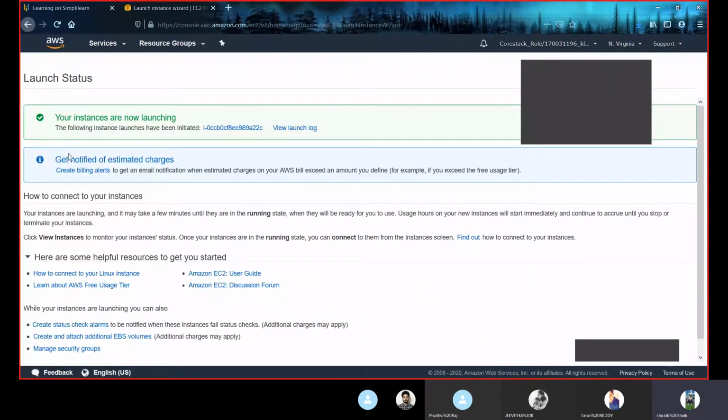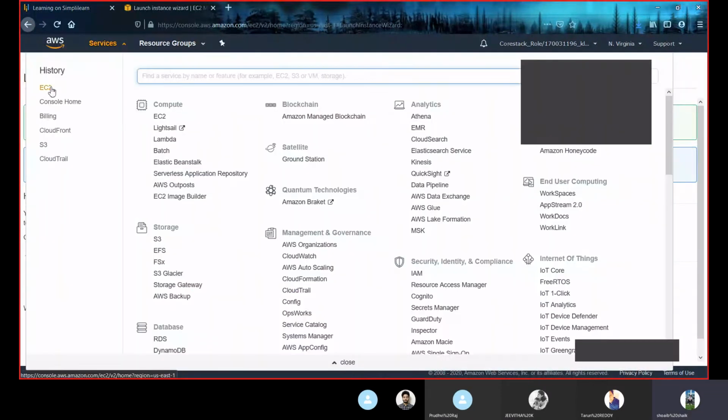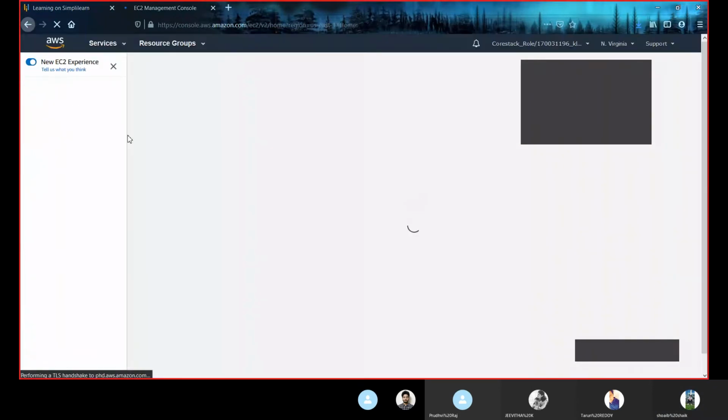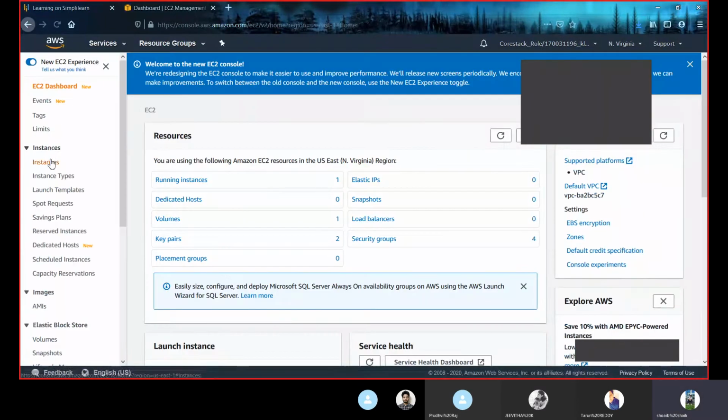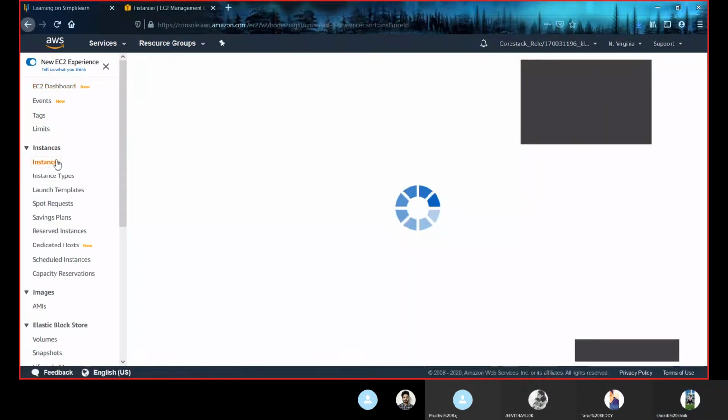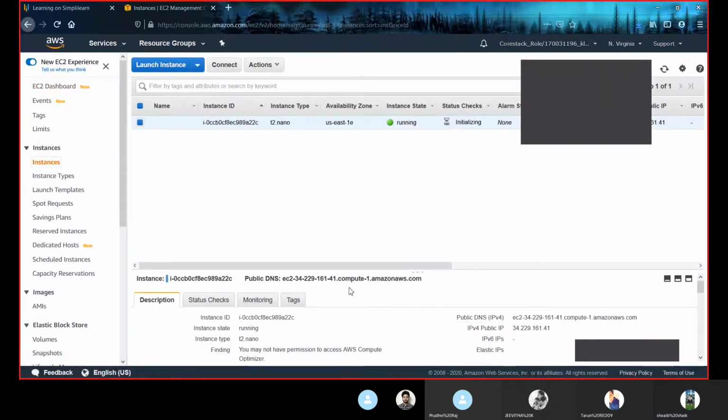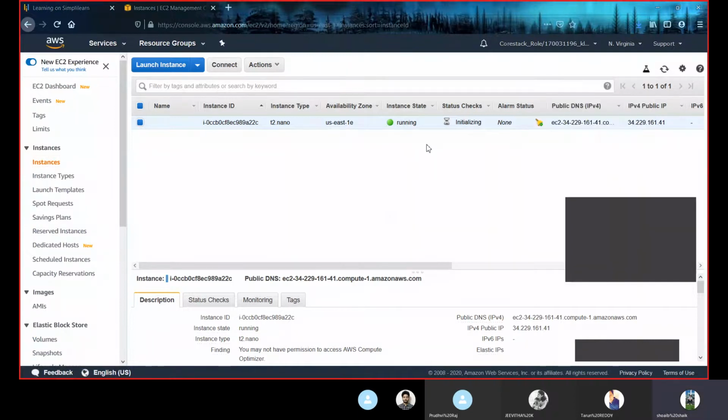See, we got a message that your instances are now launching. I told you how to view these instances. Get back to the EC2 dashboard. Go to instances. So here everyone can see our instance, right?